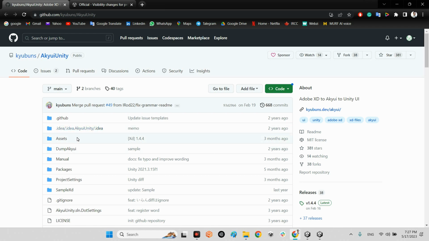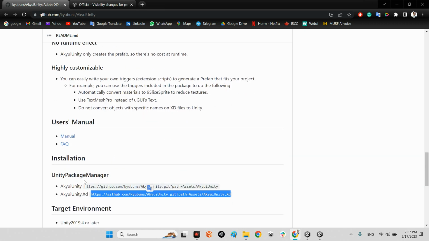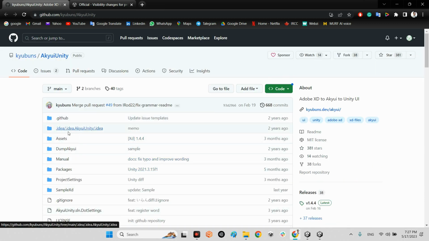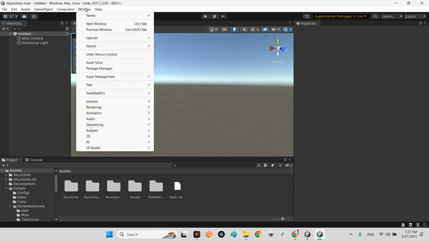But if you want to have this ability inside your project, just drag and drop the assets folder into your project, or you can even add it by Unity package manager. First of all, you should add this guy, and after that, add this plugin, and you can have your Adobe XD in Unity. But before that, you need to make sure you already have vector graphics inside your